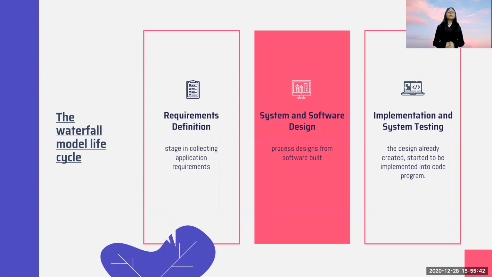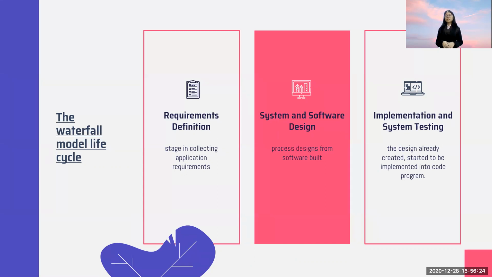Okay, the waterfall model life cycle. The first one is requirements definition. In this stage, we collect the application requirements. Like we know, the user already knows what they need, so we collect them, and we process the requirements to design the software and the system. The process design for the software build is stage number 2, system and software design. And then